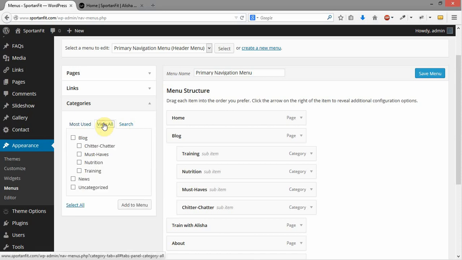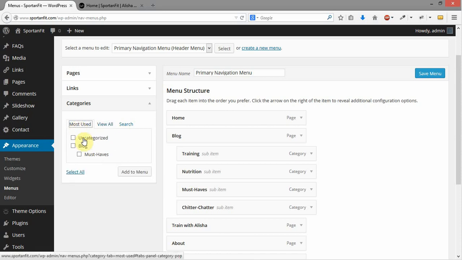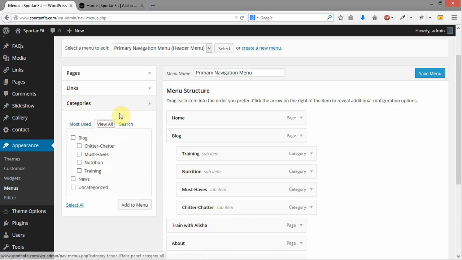Here, under View All, though, if you don't see here which are most used, which are going to show you the ones that have been most used, and you don't find what you want in search, you can click on View All, and that's going to show you everything that's in there, whether they're used or not. And those are the categories, and that's what we've done here for training, nutrition, must-haves, and chitter-chatter. We've added blog categories there, and what that does is automatically display only those blog items from that category with 10 items per page, and then it gives them paging